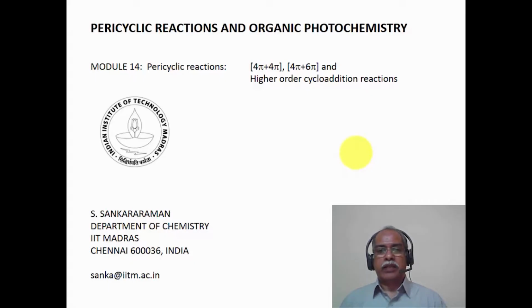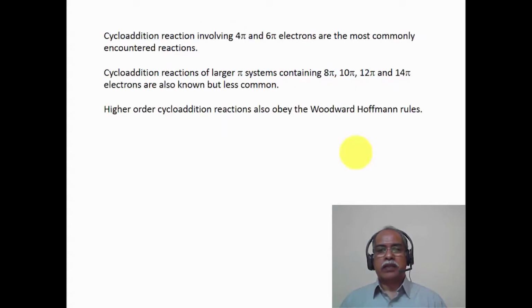Until now, the cycloaddition reactions that we have discussed are only 2+2 involving 4 electron cycloaddition and 4+2 involving 6 electron cycloaddition reaction. Those are the most commonly involved cycloaddition reactions that we encounter in organic synthesis. There are cycloaddition reactions involving larger pi systems. Typically 8 electron, 10 electron, 12 electron and 14 electron systems are also known, but they are not very common